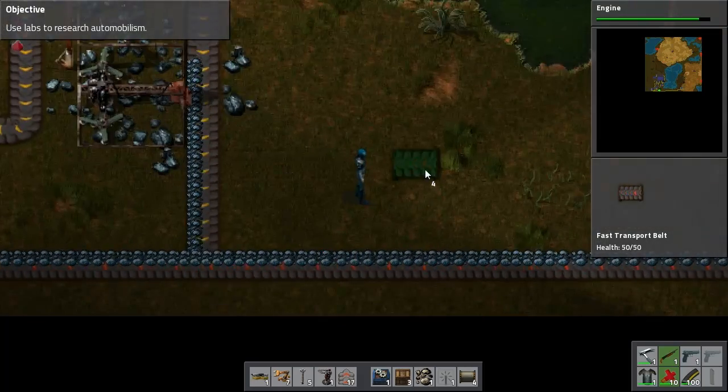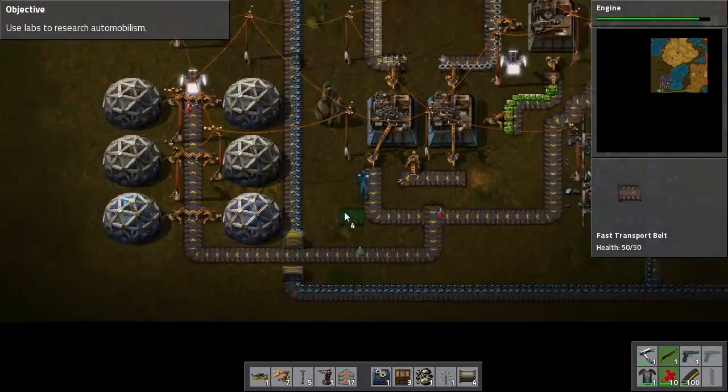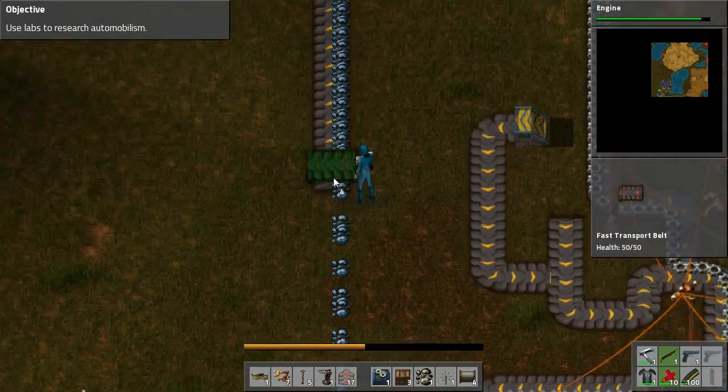Also, there's like a weird shadow effect. Well, it's not a shadow effect. Actually, I think it is just a shadow effect. Maybe... Okay, maybe it is. Also, we'll do this because we need to add speedy...